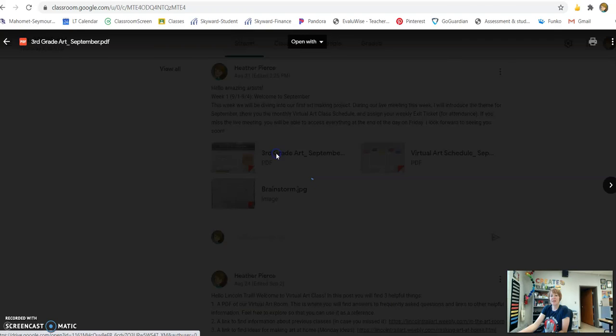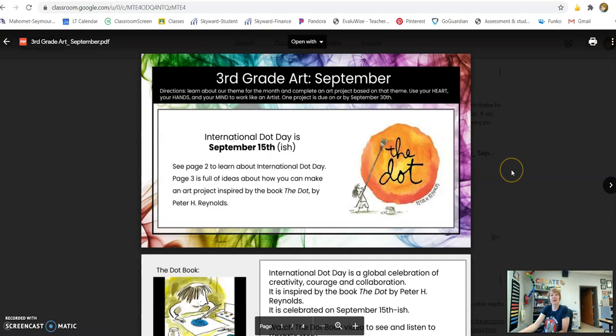We also then, today, talked about what your theme is for the month. Now we're basing our theme for September on the book The Dot. The Dot is written and illustrated by Peter H. Reynolds, and it is a book that celebrates creativity, courage, and collaboration, which are things that we celebrate in